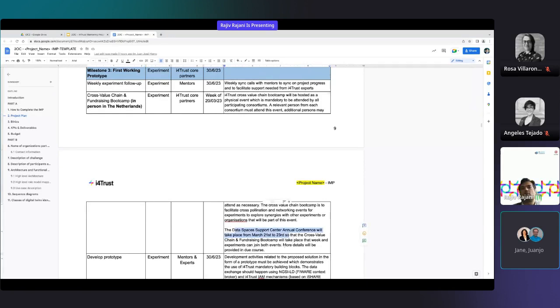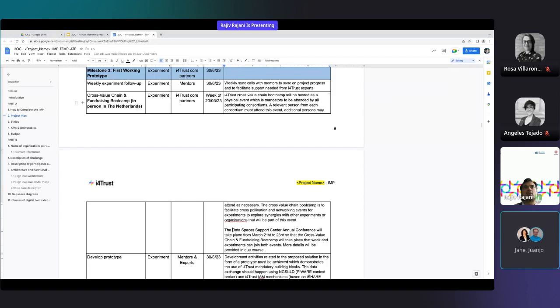Further details will of course be provided in due course, but basically mark your dates for March 24, in the week of March 20. There is a physical event, the Data Space Support Center annual conference, where we will also be conducting the cross-value chain and fundraising bootcamp.